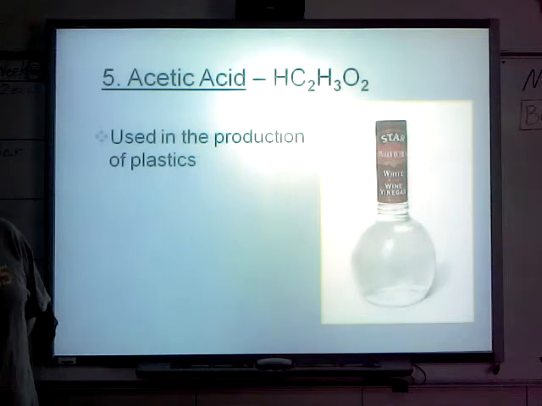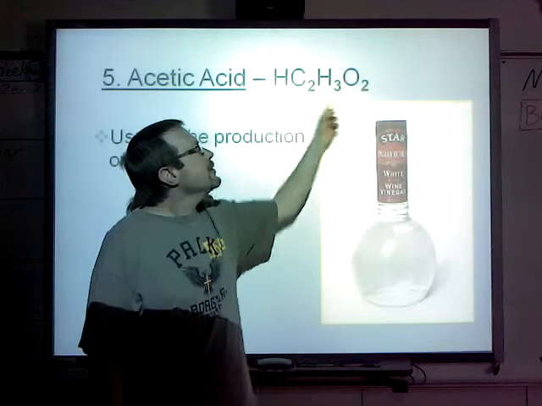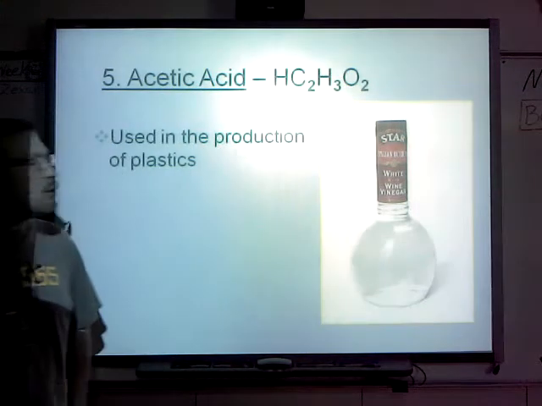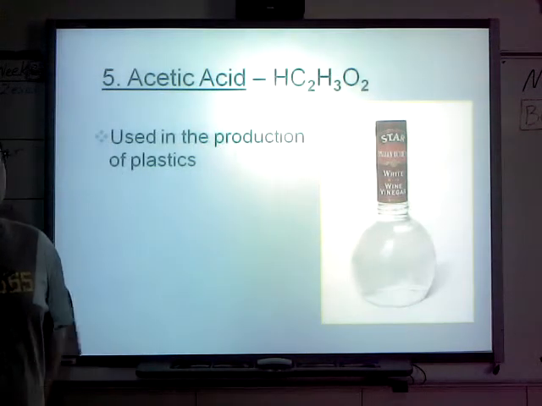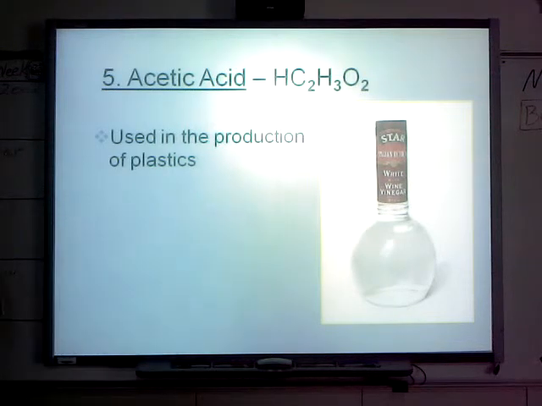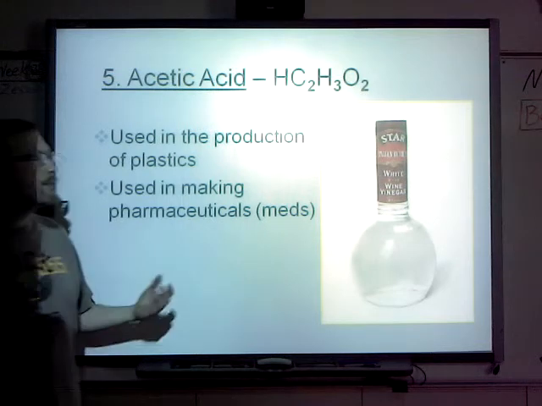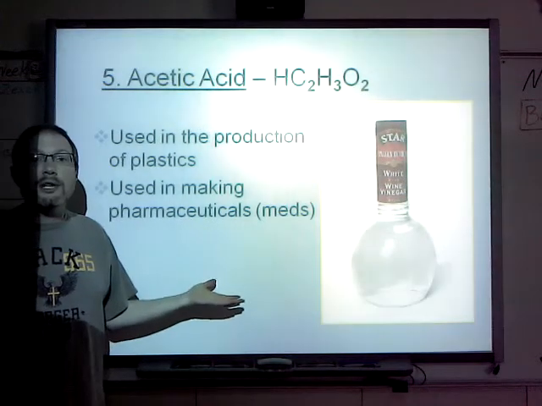Acetic acid comes from the acetate ion, C2H3O2. You probably know it best whenever it's diluted and used as vinegar, but whenever it's very strong, it's also used in the production of plastics, used in making pharmaceuticals. Sometimes it's called glacial acetic acid